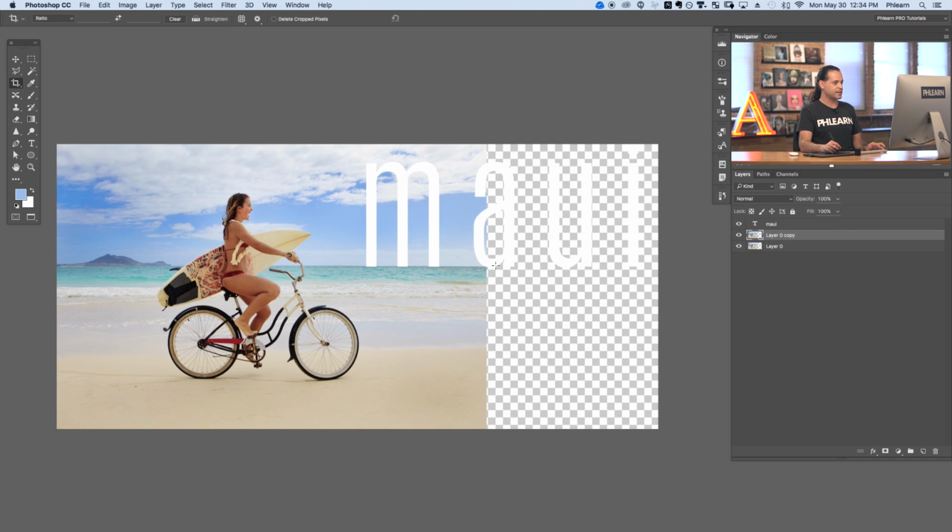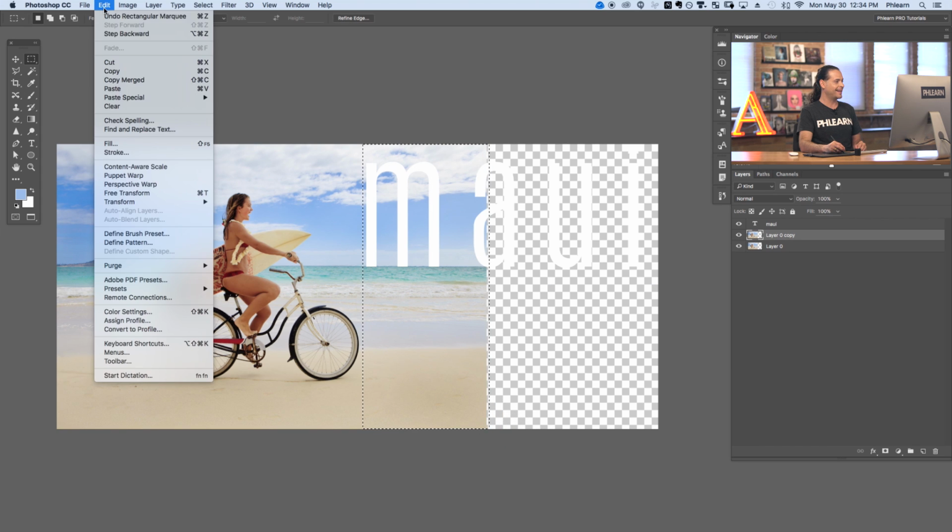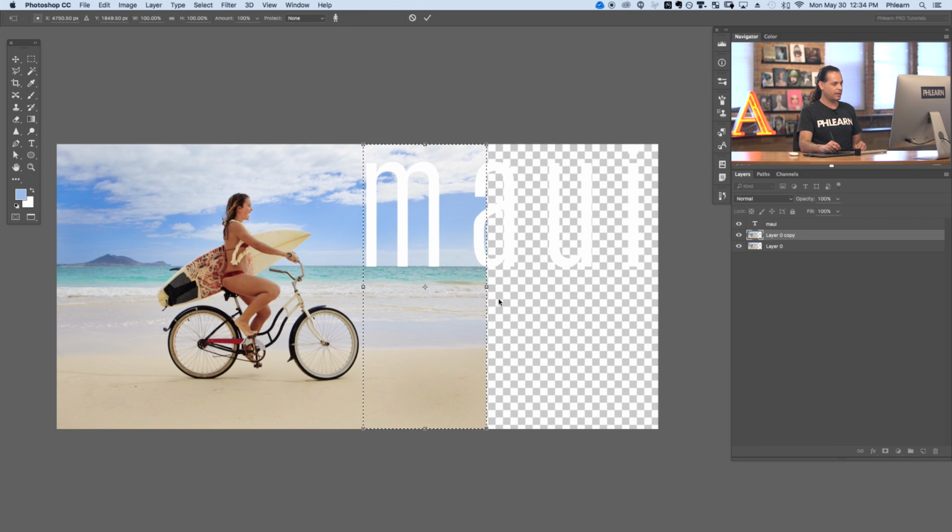Instead of stretching out this entire image, I'm going to select out the right-hand side of the image, and we're just going to content-aware scale that. So let's use our marquee tool. All right, we're going to make a selection right here on the right side of our image. There we go. And go to Edit, down to Content-Aware Scale, and now we're just going to scale this area